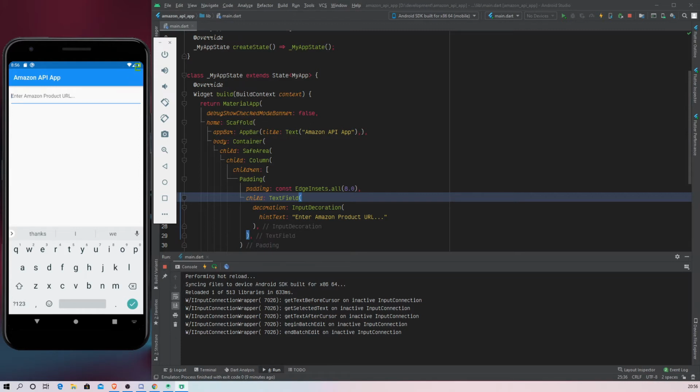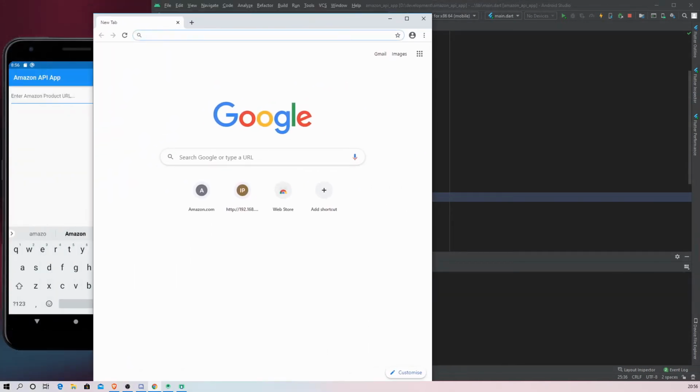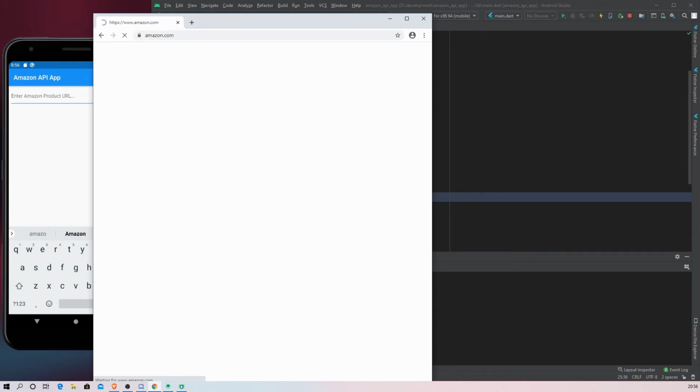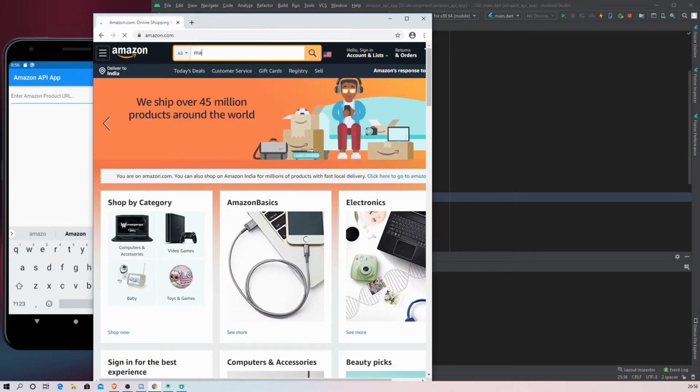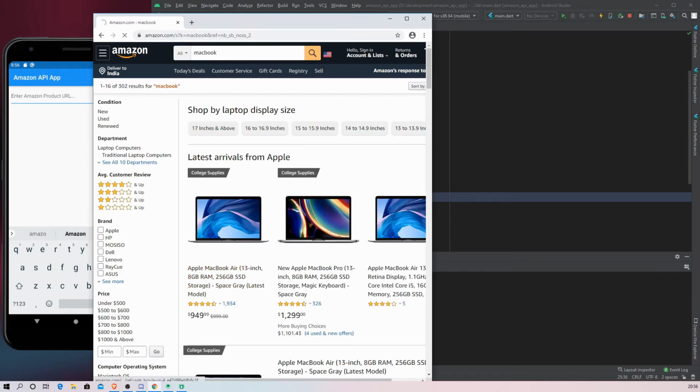So we're just going to set this to, let's get the MacBook URL again. Yes, so amazon.com and MacBook, yeah, this one.